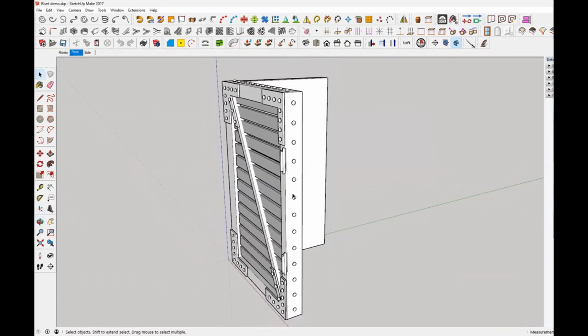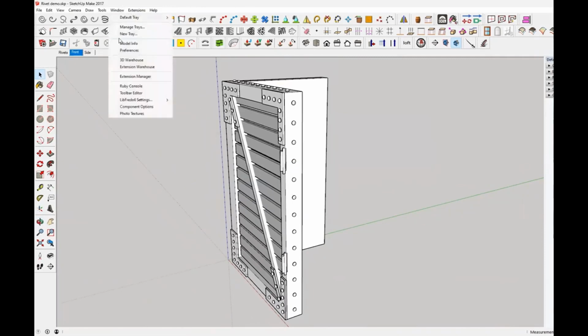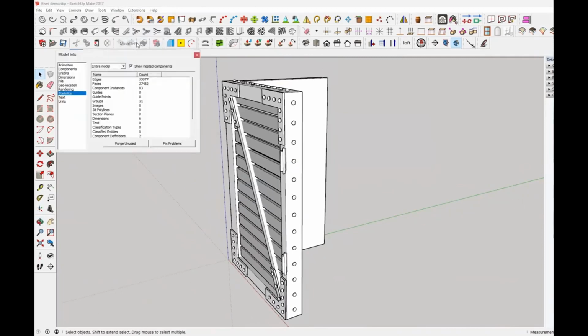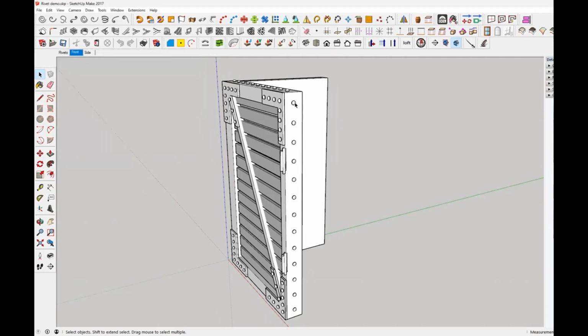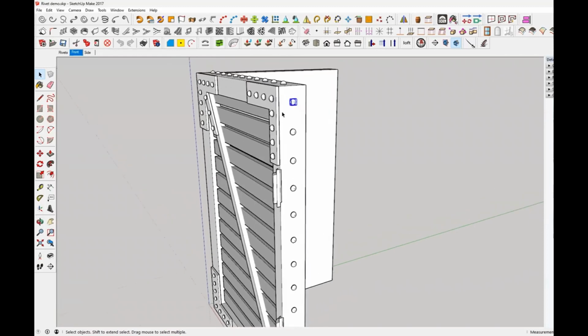And this is the part I've brought in, and you go to window and you come down to model info, click on model info and it'll tell you in the sketch what it is. And you come down the left hand side, different bits there, go to stats and entire model, and it says edges there, say 55,027. That's quite a lot because each one of these rivets, if we click on a rivet and go to entry info, I think it tells you,